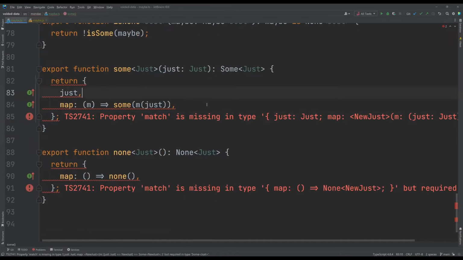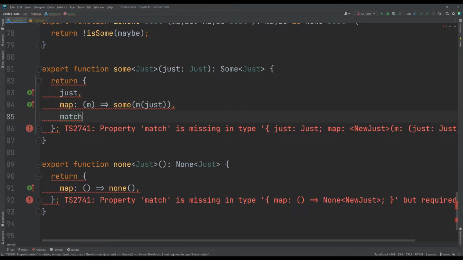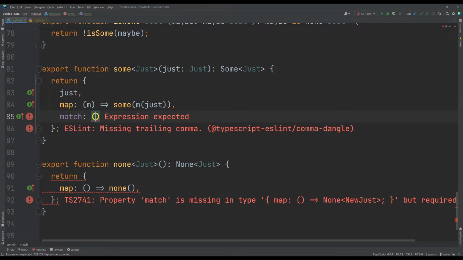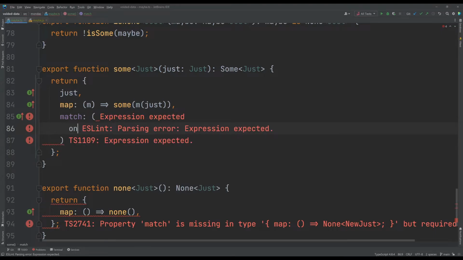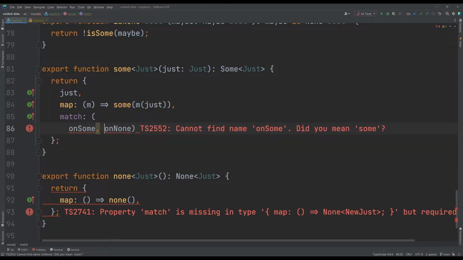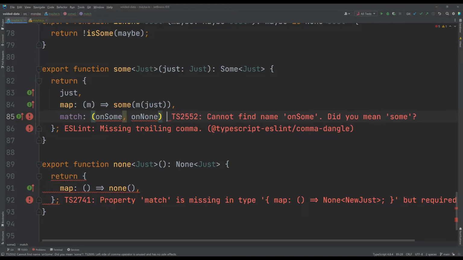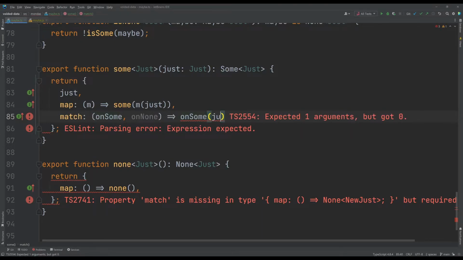Again, TypeScript will tell us nicely that we need to do something, so we can implement our match here. It'll take two parameters, onSum and onNone. And we can just call onSum on just again.